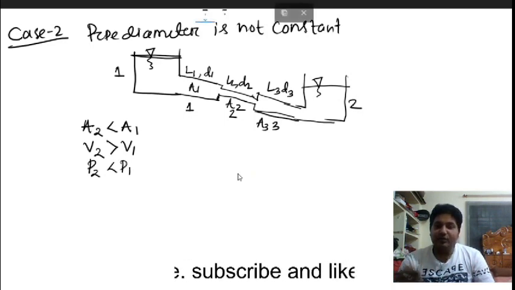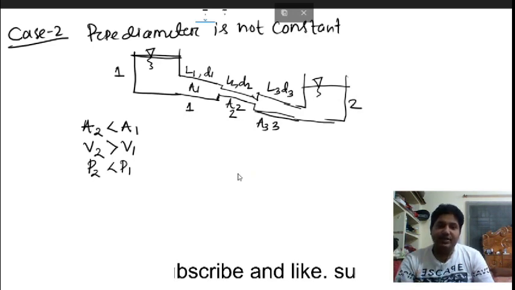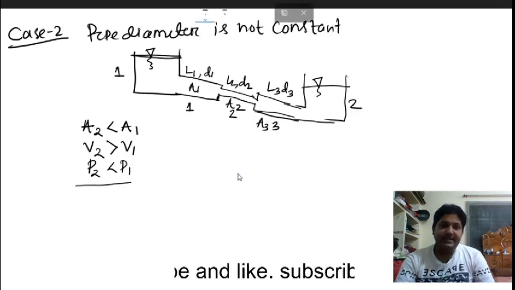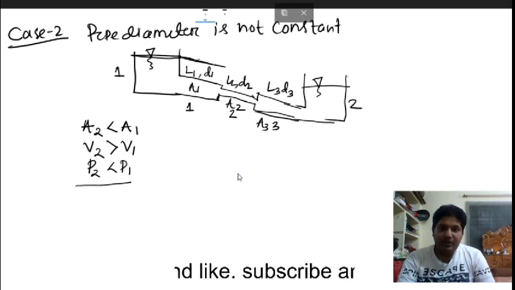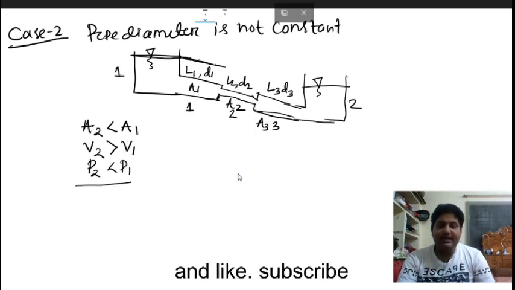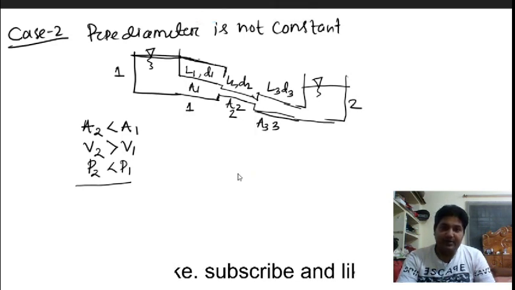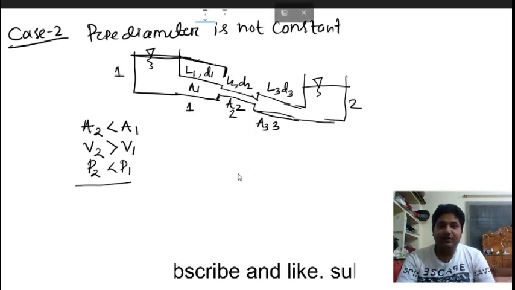According to the Bernoulli equation, to contain the same amount of energy, if the kinetic energy increases, then the pressure energy has to decrease. If the pressure energy is decreasing, what will happen to the hydraulic gradient line? If you insert piezometers at various locations, it is falling in nature, but when it reaches point 2, the velocity suddenly increases and there is a sudden drop in pressure. So this pressure head will decrease.